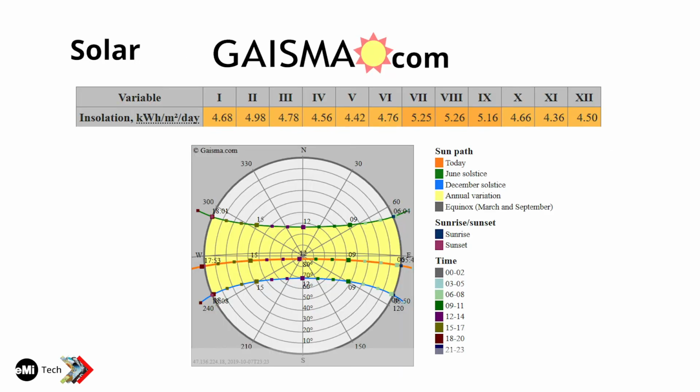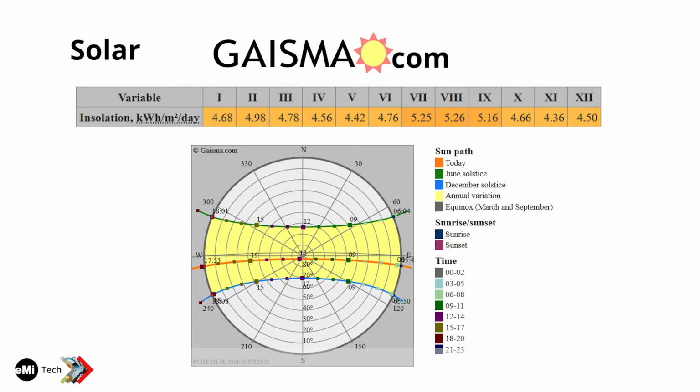This is a website that I highly recommend. Before you go to the site even, you know where you're going, go to gyasma.com, and for every international country around the world, find the closest city. It won't necessarily have a tiny remote village, but it'll give you a close, big city. And look at the insolation values. This is per month. It gives you the average kilowatt hours per meter squared per day, which is the same as what we just talked about, the sun hours, but it's per day.